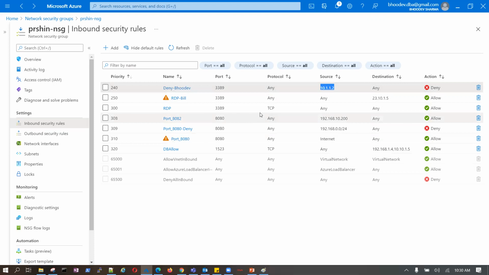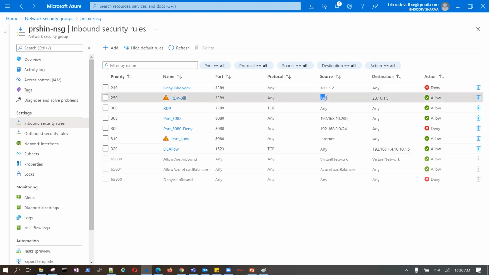Sorry, I'll come again. So what is the source? This source is any. Any means 0.0.0.0/0, which means everywhere, everything, any IP. Got my point? So any means that from everywhere RDP is allowed, right?